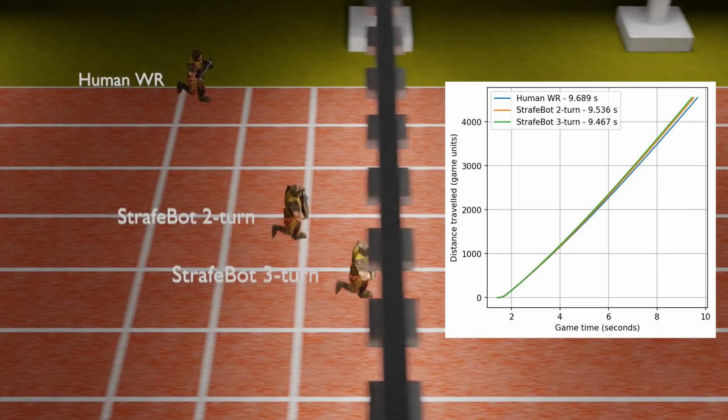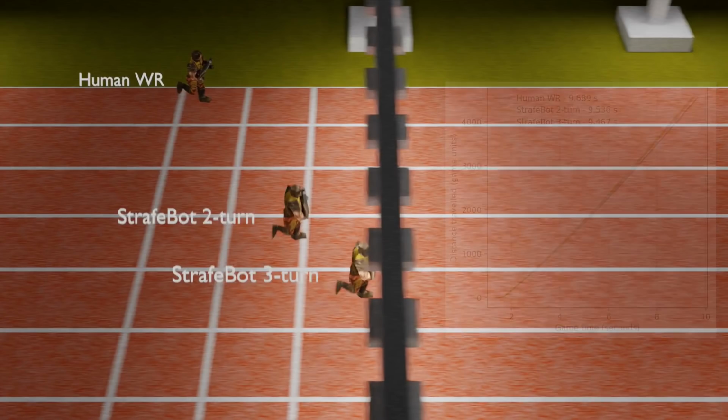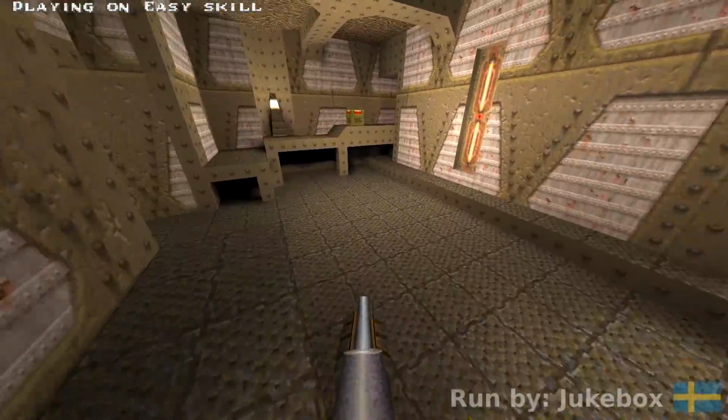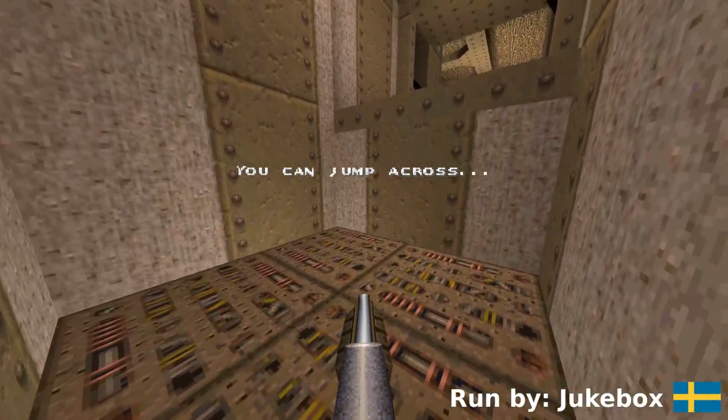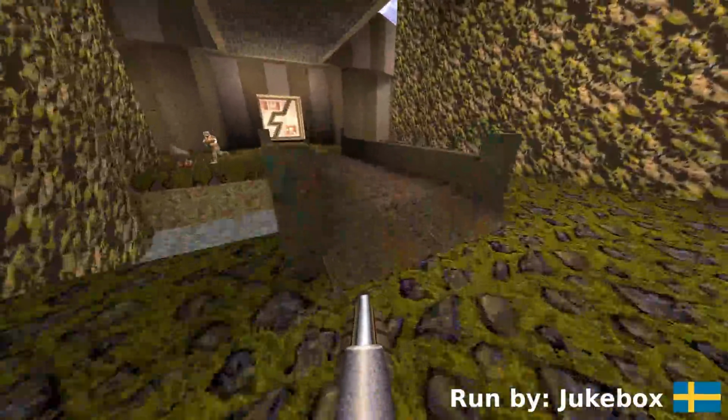I also reckon that it's reasonable that a skilled player will be able to execute such a 3-turn jump as well as they can execute a 2-turn jump. As a result, this looks like a promising avenue for improving the human world record time. Furthermore, the same theory should apply beyond the 100-meter run, at any other point that moving in a straight line is required. In terms of what to try next, the optimization techniques explored here should work well on other Quake